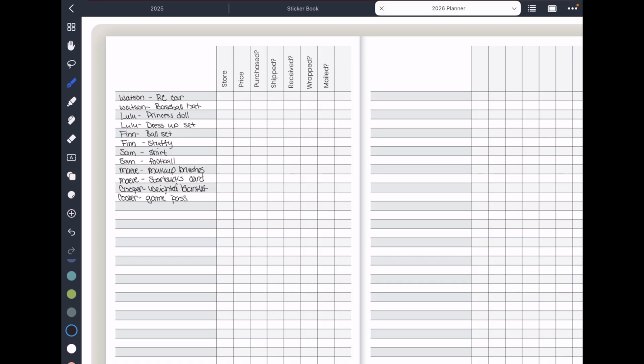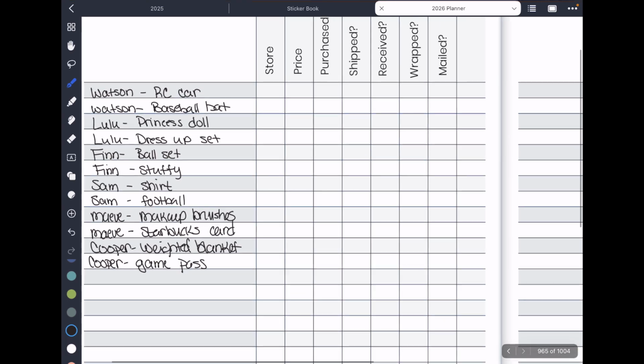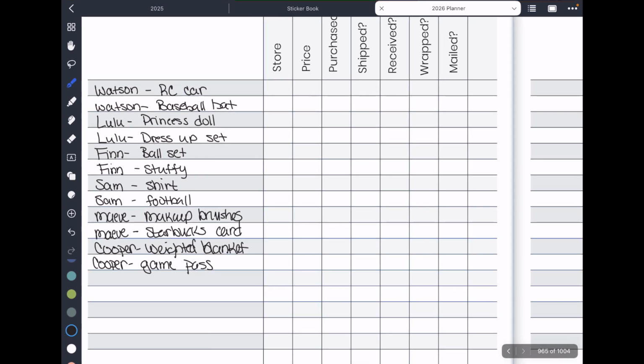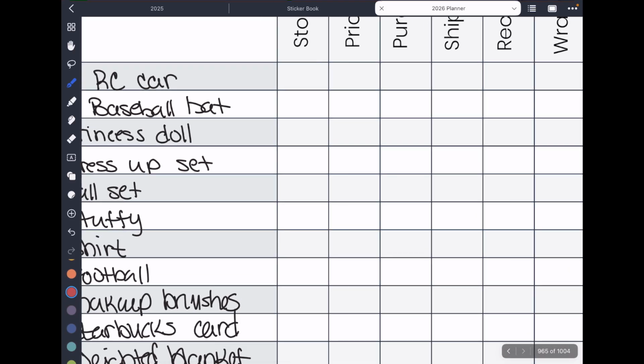So the way I would use this is once I decide where I'm going to purchase this particular gift and make that note. So maybe, whoops, maybe this one would be from Amazon, maybe Target,